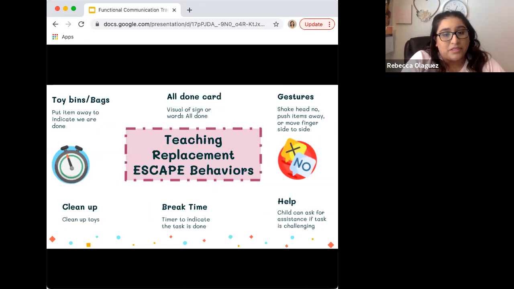In school, they do this, right? When they're done with an activity, they have to put it back on that specific shelf before they move on to something else. So this lets the teacher know or other kids know, hey, he's done with this, so I can have access to that item. The all done card is good, having them give the all done card to parents to terminate a task,